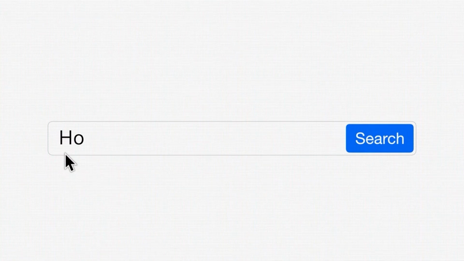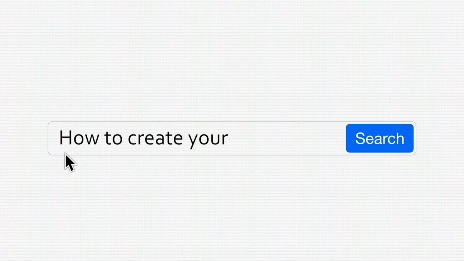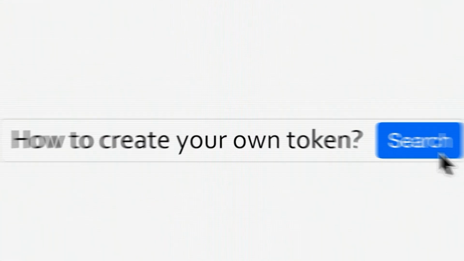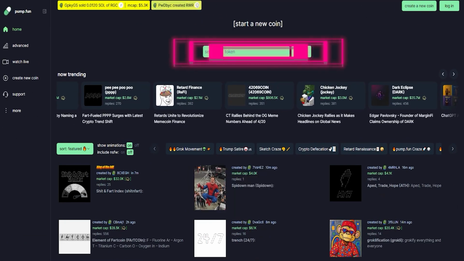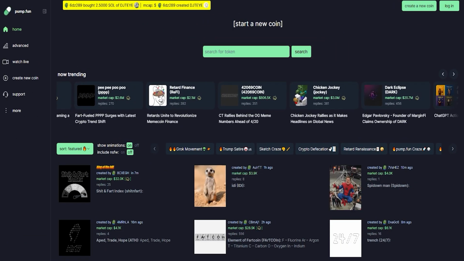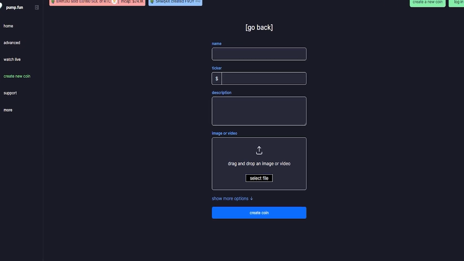Do you want to create your own token but don't know where to start? Or do you think that it's complicated, expensive, and you need to be a programmer? Actually, everything is much easier. You can create a token in 10 minutes, and today I will show you how to do it by yourself,